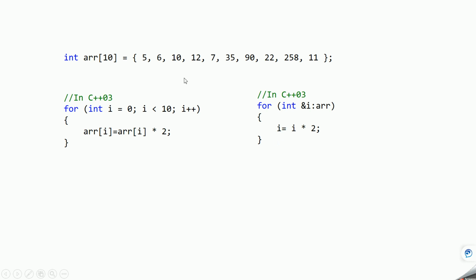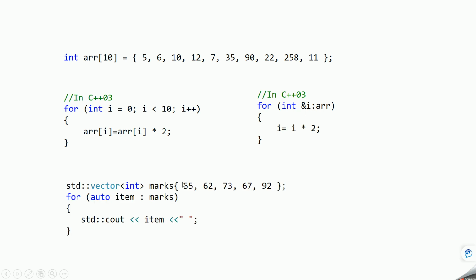So when we are modifying the entries in the collection or array, you take a reference. We are giving it as a reference over here. If you don't want to modify, and just want to use the values, you can give just the integer type or any data type based on the collection type, and then you can use it. In this case we want to modify, so we are giving it as a reference type.